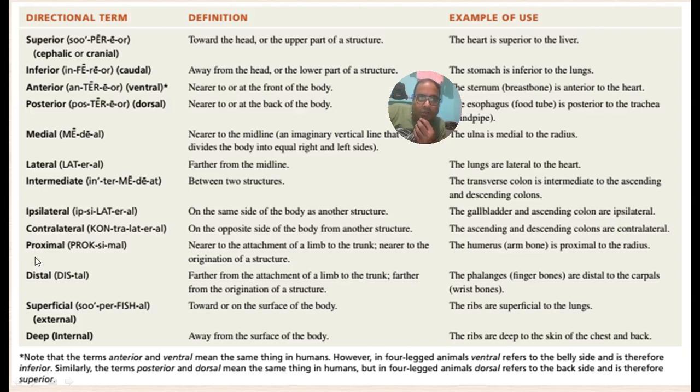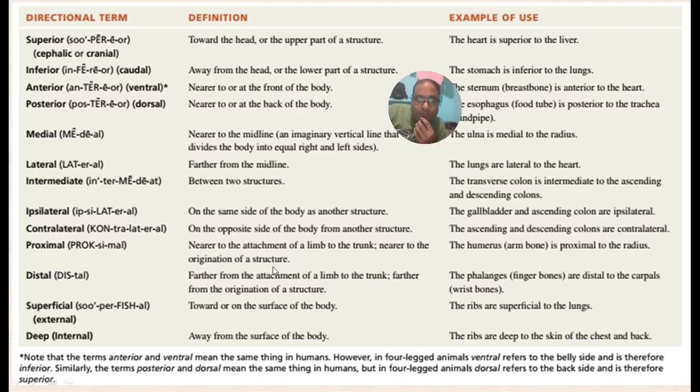Proximal means nearer to the attachment of a limb to the structure. When we are talking about attachment, it's where it is attached to the main body, the main trunk. So if it is nearer to the attachment or main body trunk, it is called proximal, nearer to the origin of the structure, wherever it is attached, or whenever it is nearer